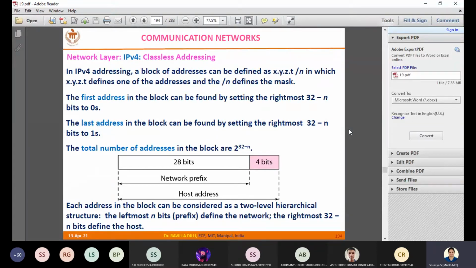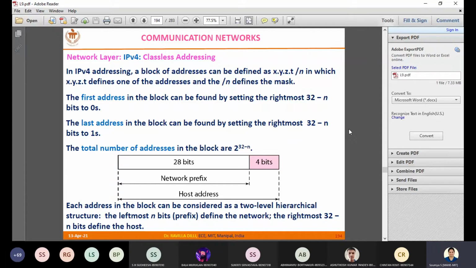In classful addressing, many addresses were going waste, and there was also a depletion of IP addresses due to that, and that is why classless addressing came up. Here there is nothing about different classes or anything. We take the IP address as is, as one address of 32 bits length.